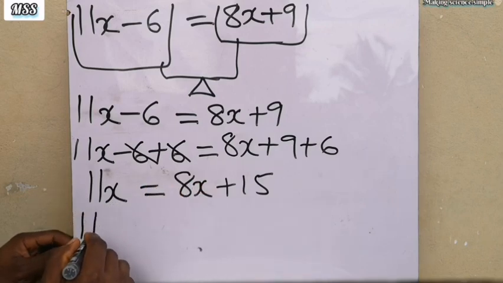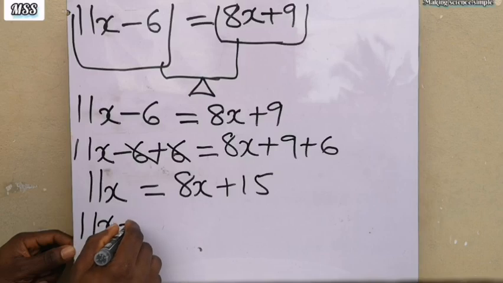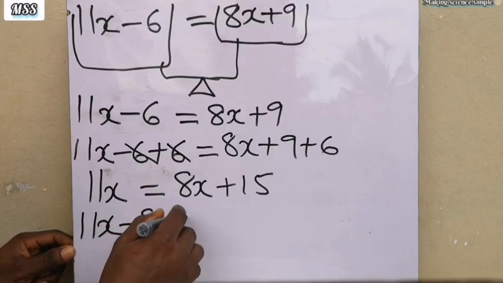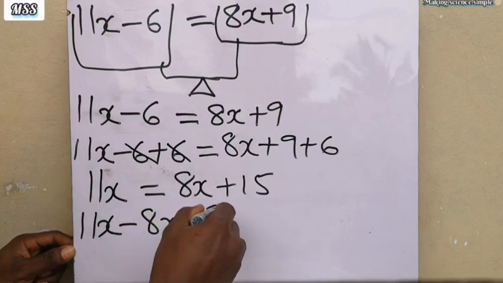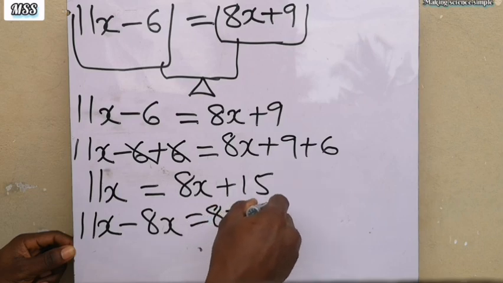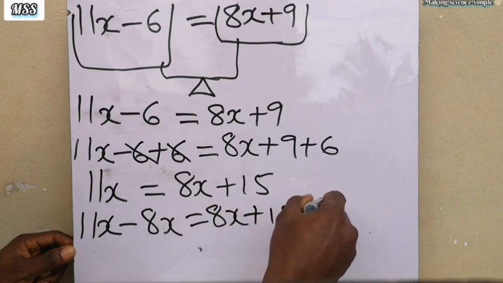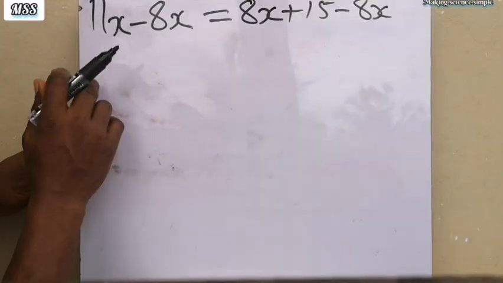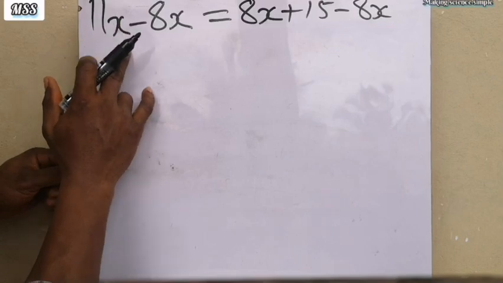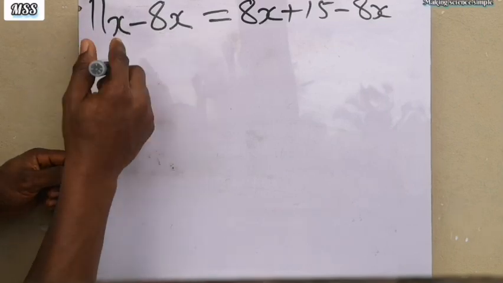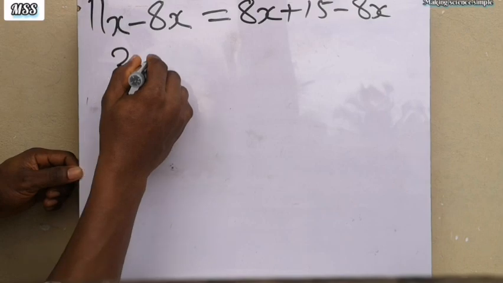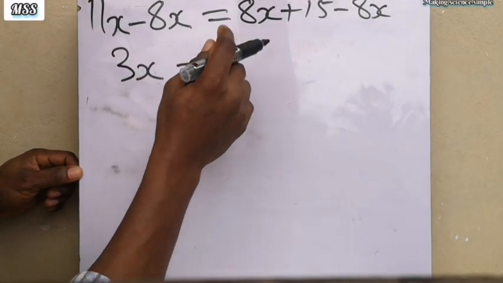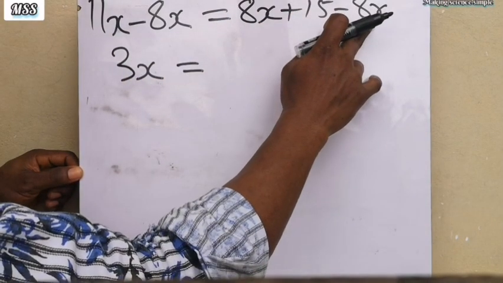So we now have 11x minus 8x is equal to 8x plus 15 minus 8x. Okay, so now 11x minus 8x will give us 3x, which is equal to 8x minus 8x is 0, so